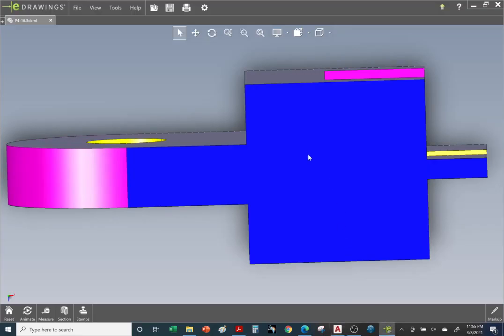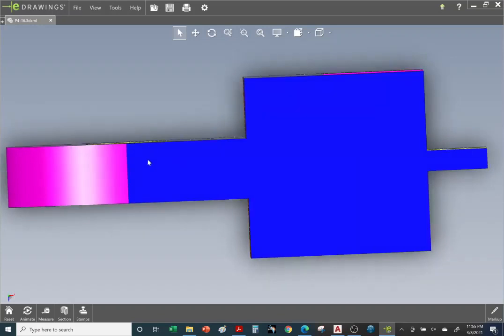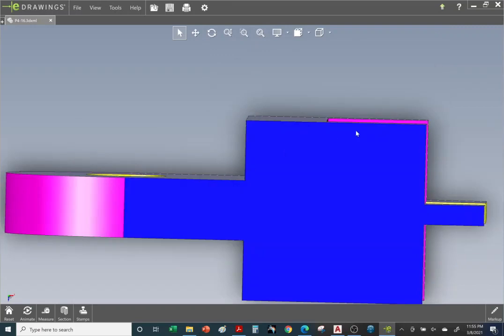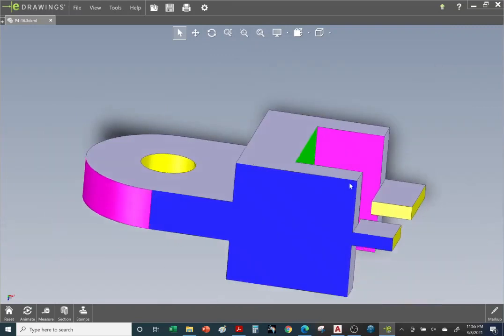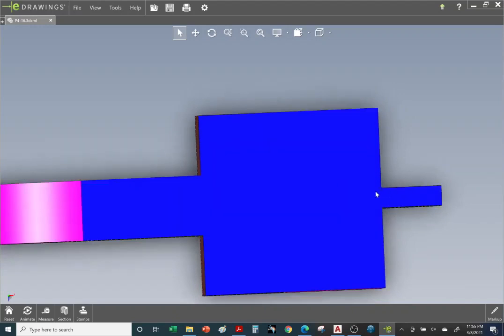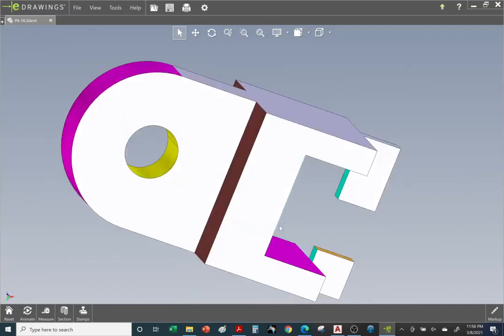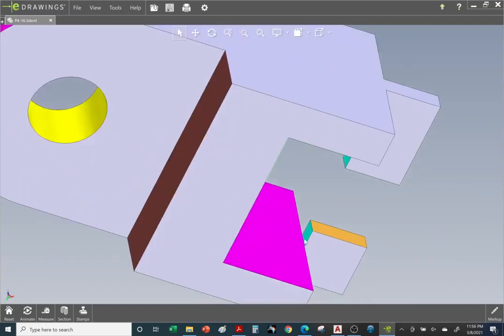Let's look at the 3D model. Okay, so we took care of the circular hole with red hidden lines. We took care of the pocket with red hidden lines. Now under here, under these little tabs that are sticking outward, we have this red hidden line here